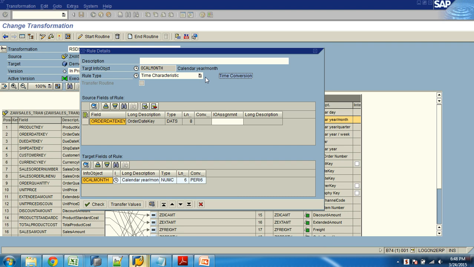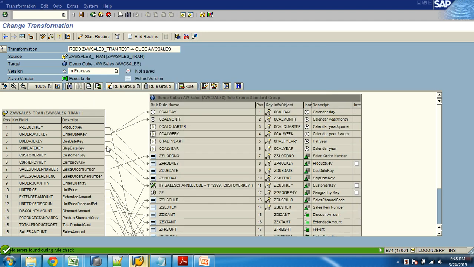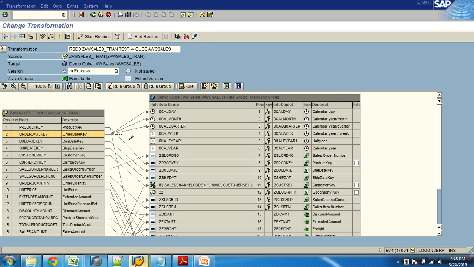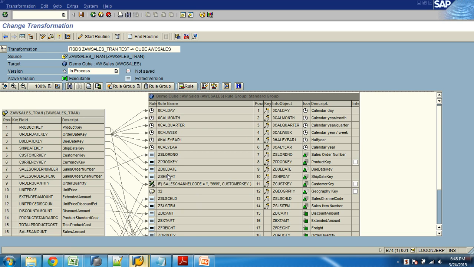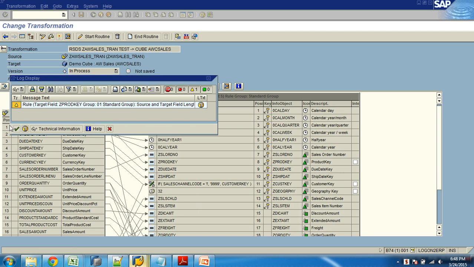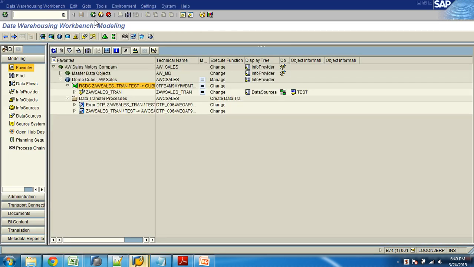So when you have a date field, and you map year, month, quarter, all the higher level characteristics, from the lower level date you can derive month, year, quarter, all these. That's where we refer to it as automatic time conversions, which is referred to as time characteristics. You can either do it this way, or I can just drag the date itself to all. It does take care of the conversion automatically. That's it, and the rest is all common. Okay, you know about this, right? Date to derive month, year.